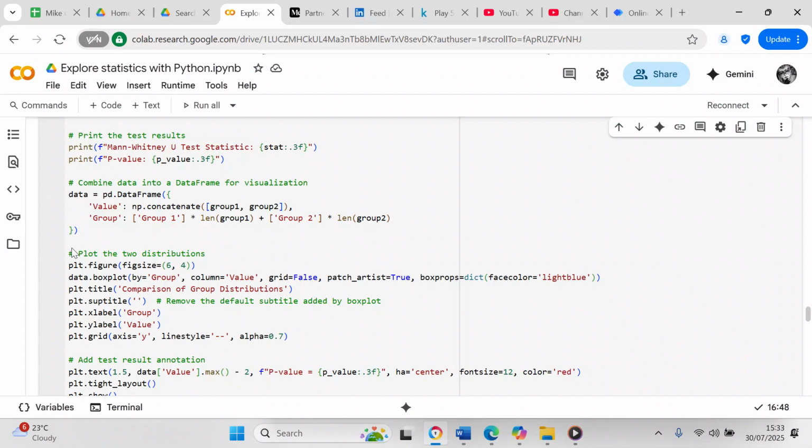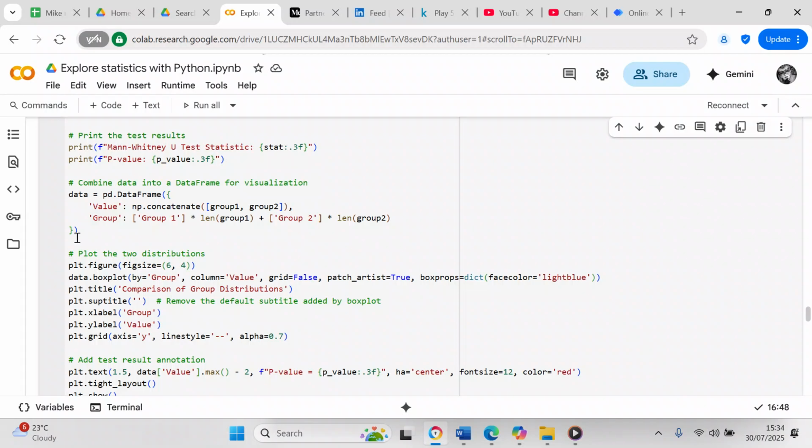Then we're going to plot the distributions. So plt.figure, brackets, figsize equals 6, 4, data.boxplot. We're going to build a box plot, and then brackets by equals group, column equals value, grid equals false,